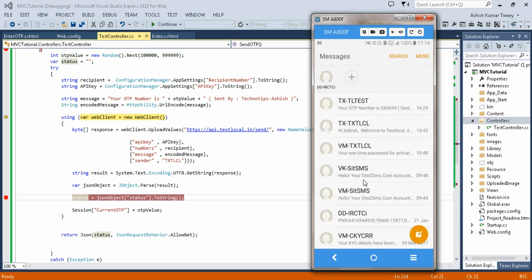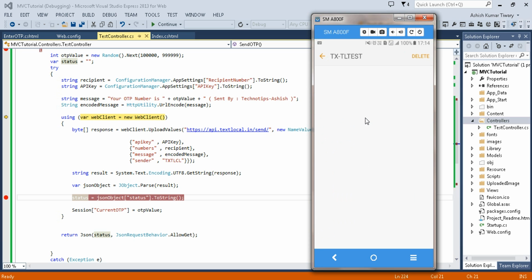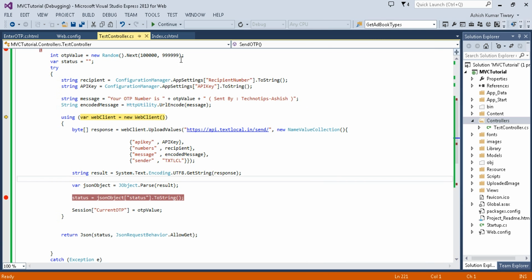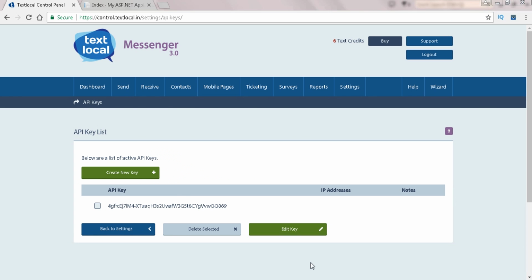Alright, so here you can see I have generated the OTP in my previous testing. During my testing, I have just received 3 OTPs. Okay, let me click on the continue button to send the OTP to my mobile number. Here you can see I'll receive